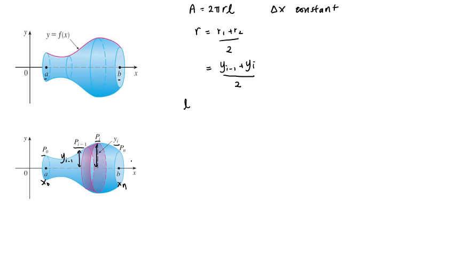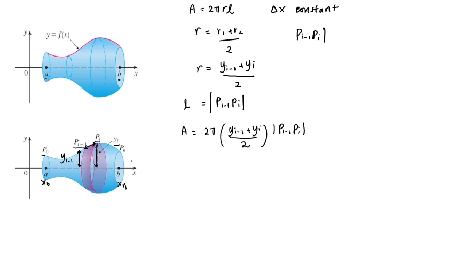And then what is L? L is basically the slanted height here. So L is the length of Pi−1 Pi, the slanted height. Substitute this r and L into the area. So you have A equals 2π times (yi−1 plus yi) over 2 times L, where L is |Pi−1 Pi|. This is just the length. Previously, in the arc length formula, we had |Pi−1 Pi| equal to the square root of 1 plus f prime of xi star, everything squared, times delta x. So we can substitute this